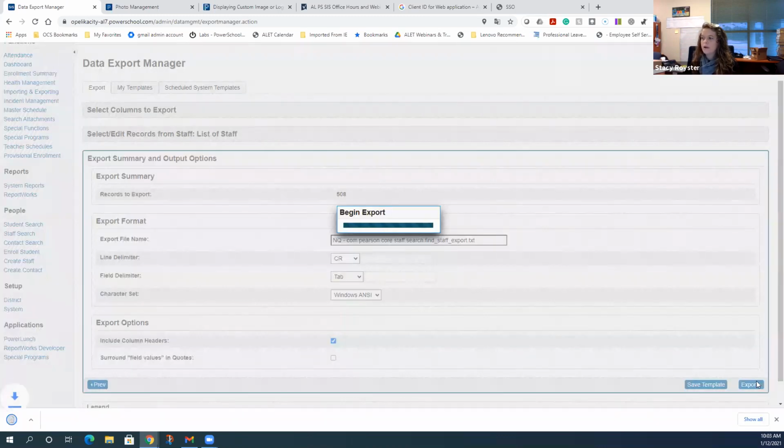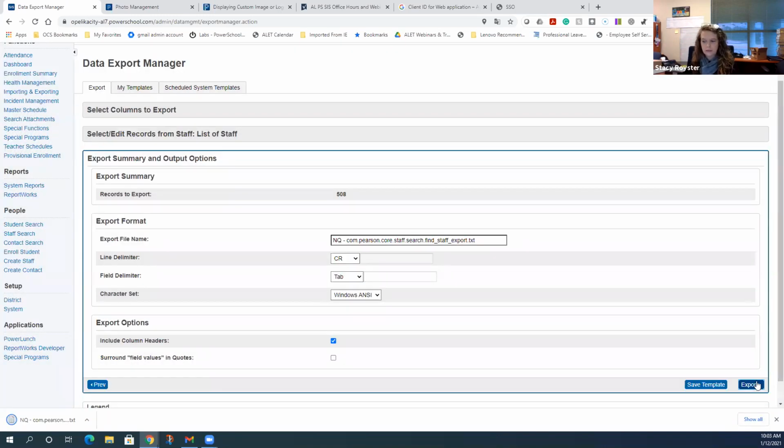Now, the thing about PowerSchool is they love a text file. Everything comes out as a text file, and that is not how we manipulate data. So do you see that it produced this text file down here? What I want to do now is open up Excel and open that text file with Excel. So let me